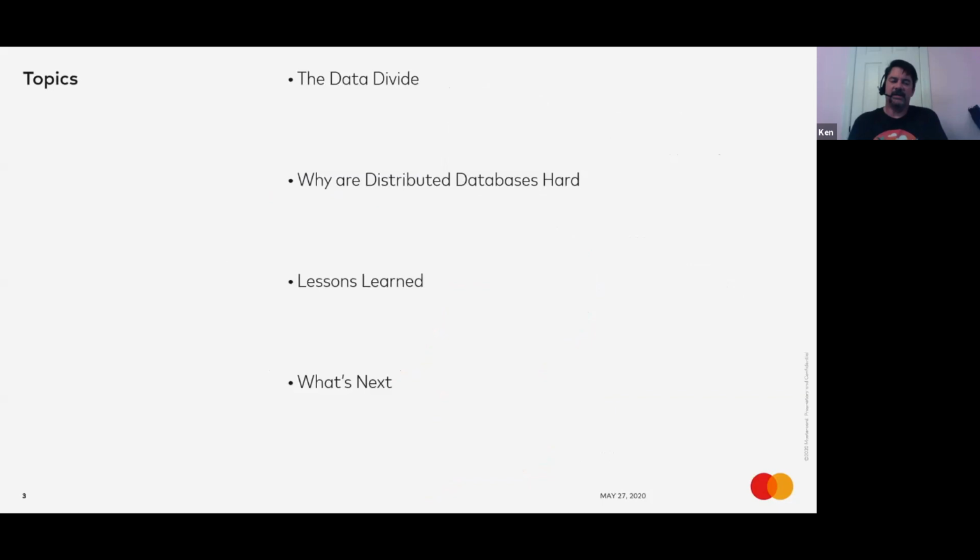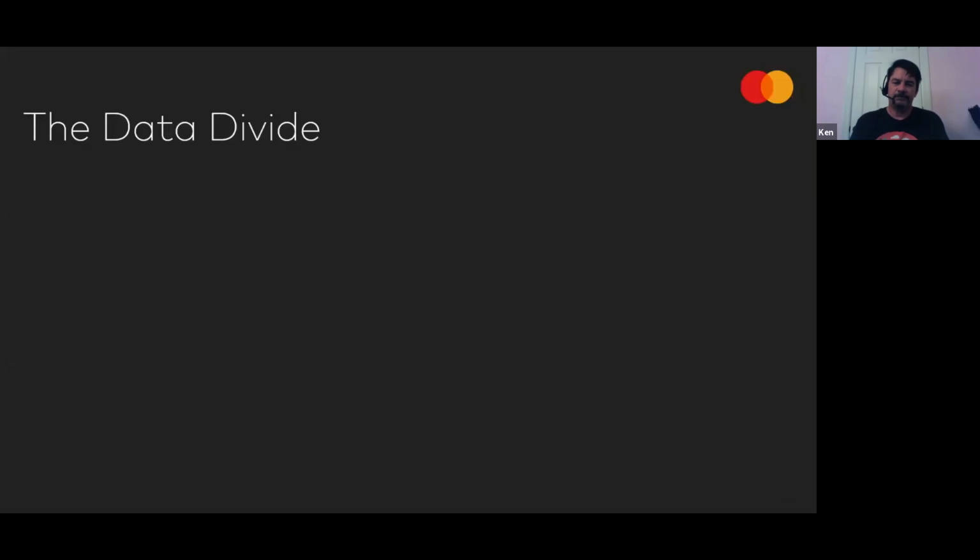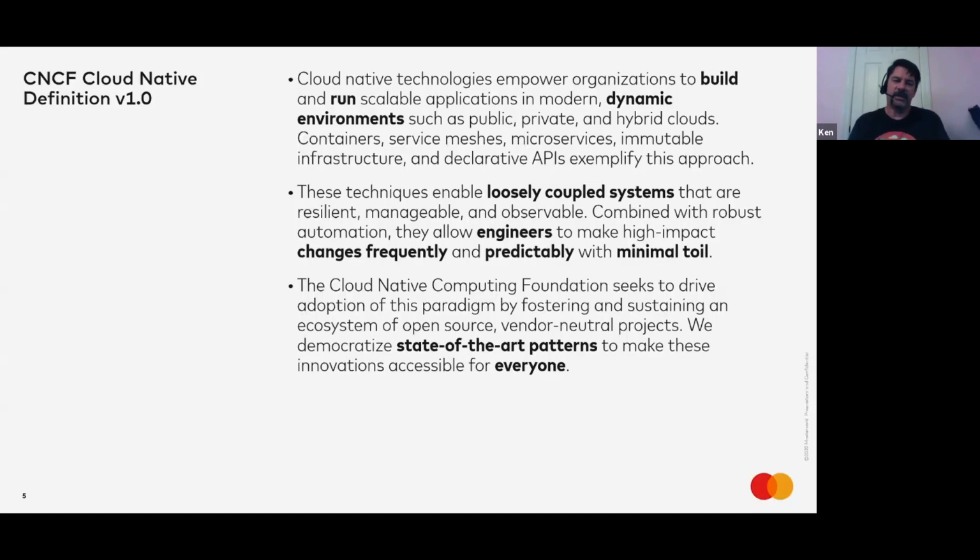So today, to talk about what is the data divide, I'm going to discuss a little bit why distributed databases are so hard, present some of the lessons that I have learned at Mastercard, and then talk about what's next in this journey towards distributed databases. So when I talk about the data divide, I think it's important to go back